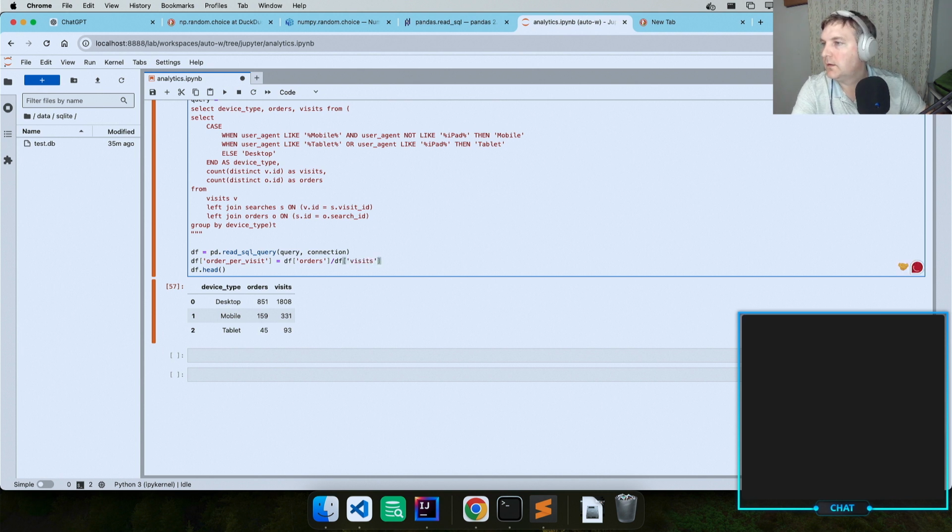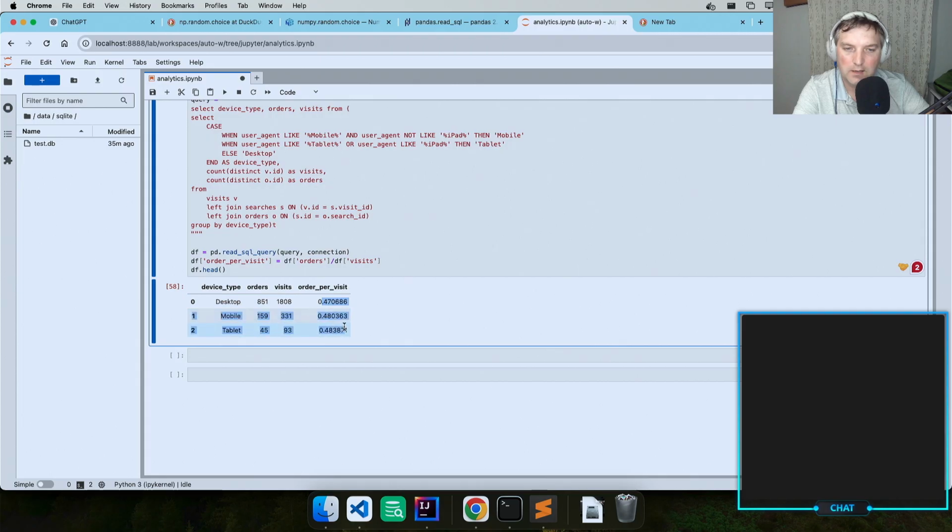Let's kill this visits, and now we do have the values in here. So this is what's interesting, right? The ratio between the user agent is around 48, 48, 47, right? So